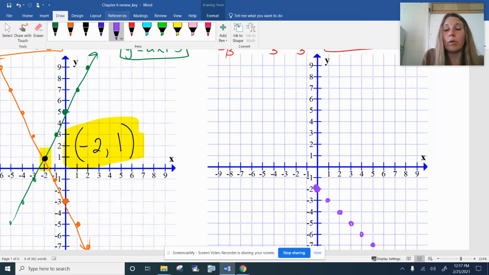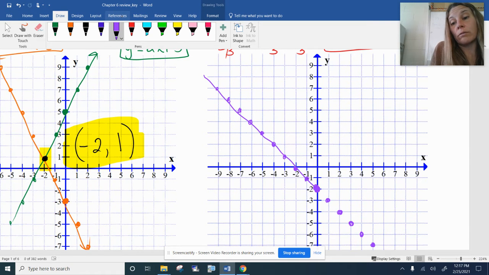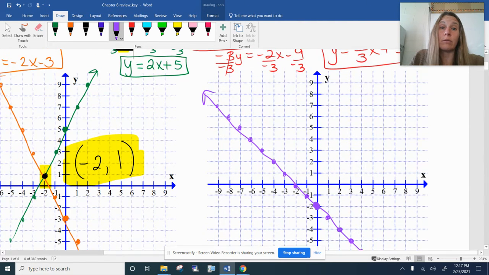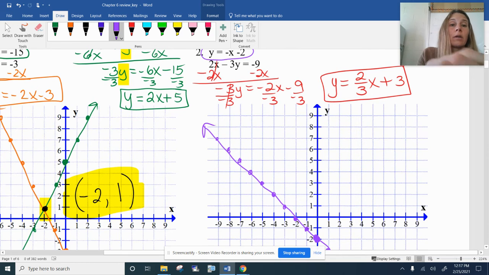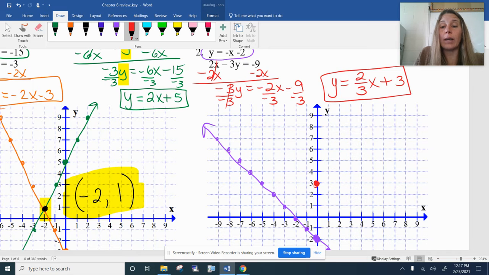Of course, you can also go up and to the left, up and to the left. So this way you get a lot of nice points across your entire coordinate plane. This helps you theoretically draw your line much straighter. And then hopefully, ideally, you'll be able to see a little bit more clearly where these two lines intersect, if they do intersect. The second equation, my y-intercept is +3, so I begin by plotting a point there on the